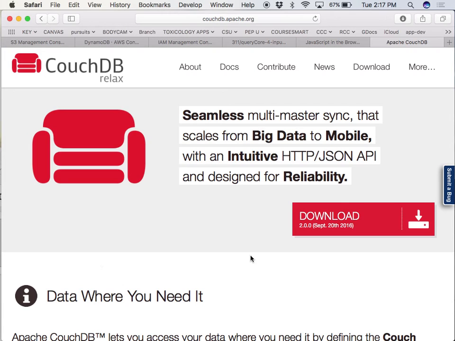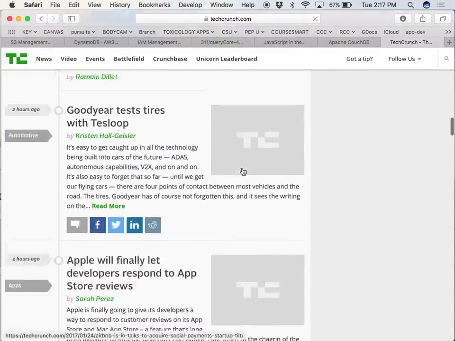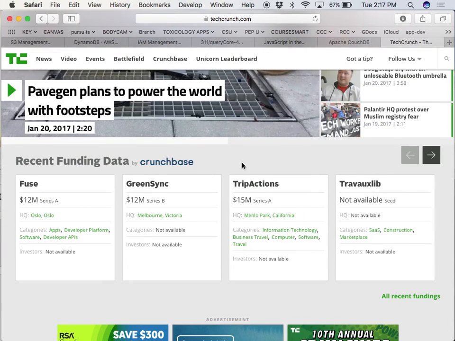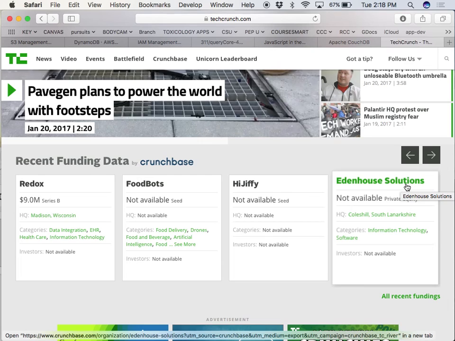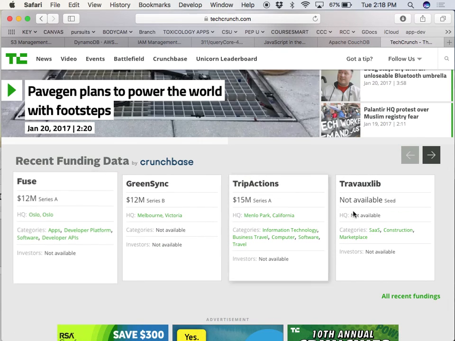So let me say this. Right now, here's TechCrunch, a fun website. If you're a developer, you're afraid of it because you're afraid that you'll learn about a competitor doing your stuff, so you read TechCrunch with fear. But you look at all these new brands that are getting funding, 15 million, 12 million, whatever.